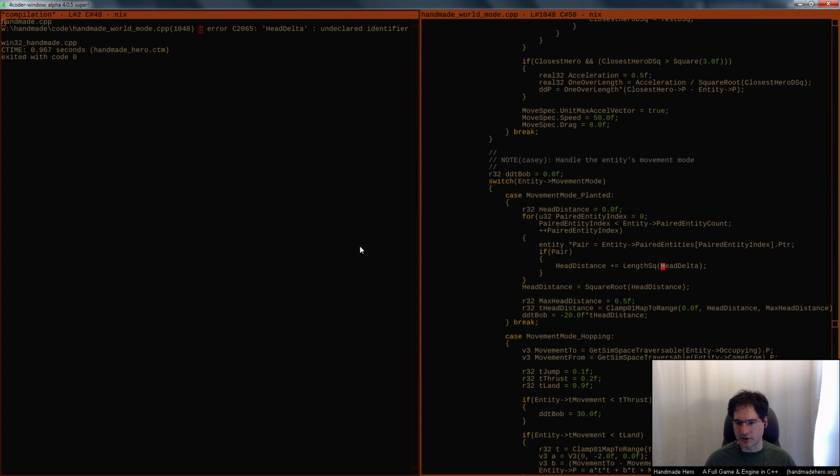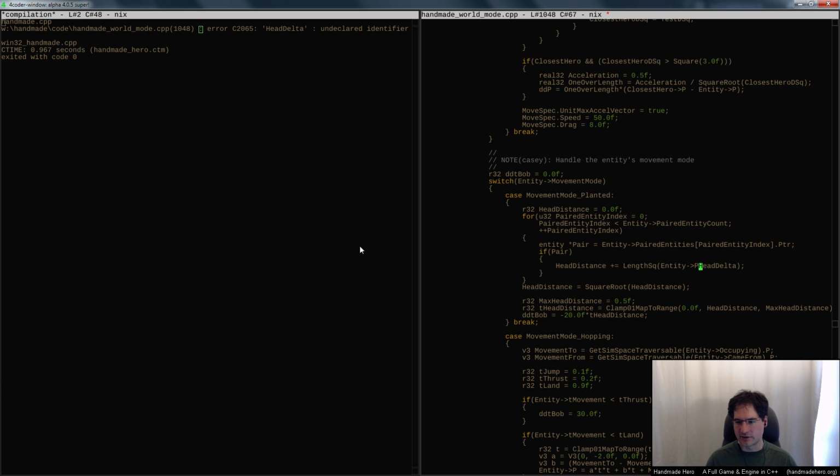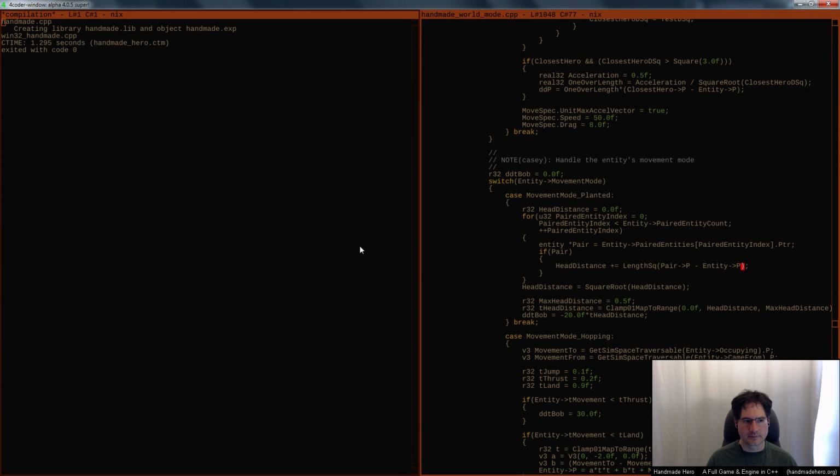And this code we actually could have done before. The head delta, obviously, is just the distance between whatever that paired entity is and our entity. So that's